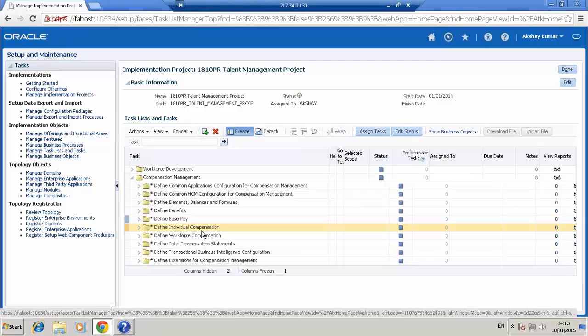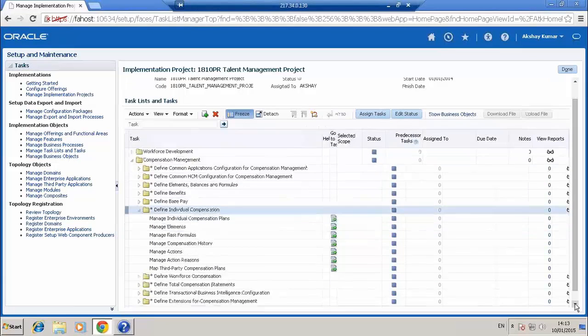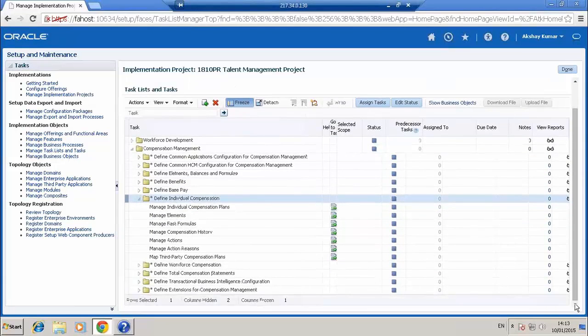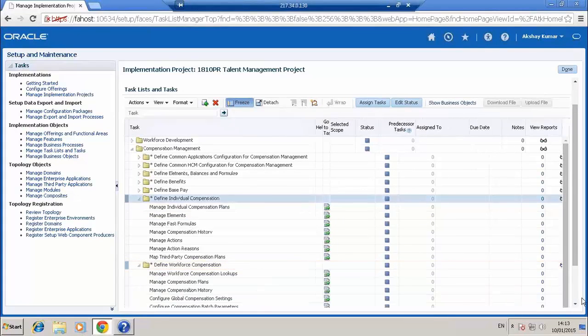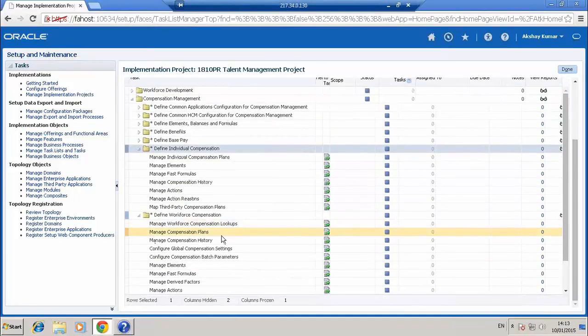Okay. And this is the individual compensation part. I'll brief you tomorrow on what all it will be. Then we'll come here into workforce compensation. The main part in workforce compensation is managed compensation plan.